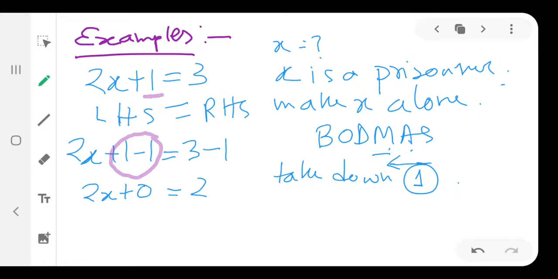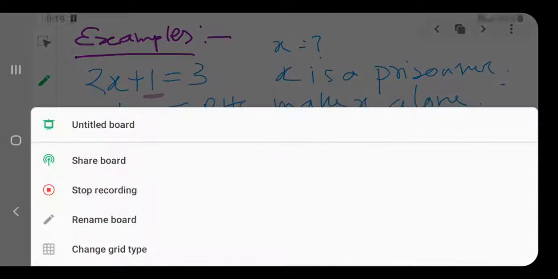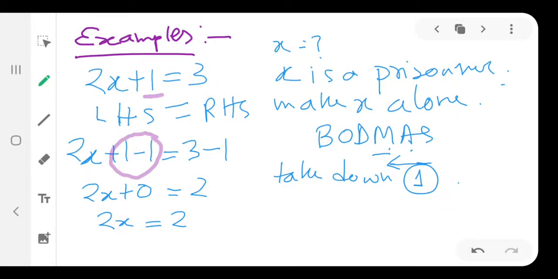Now see, ultimately what I got is 2x equal to 2, right? Now 2x equal to 2. The last thing, I have to take down 2. See, still x is not alone. With x, his friend 2 is together. So we cannot find the truth of how much x is. We have to make x alone, but 2 is there, right? But what can I write? I can always write